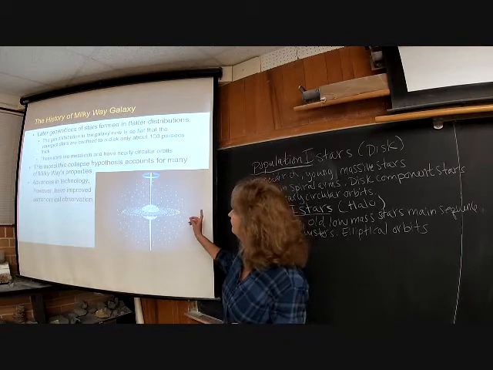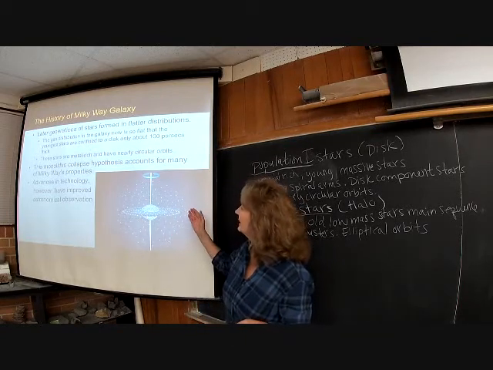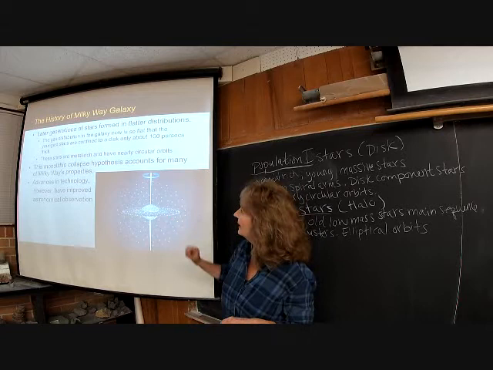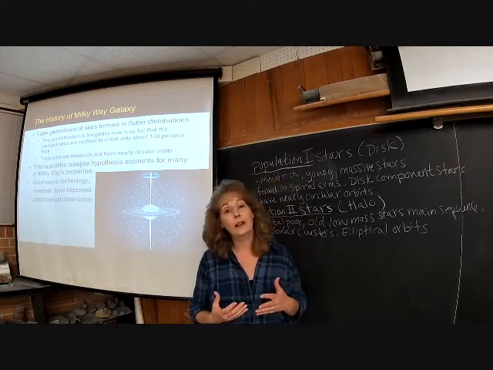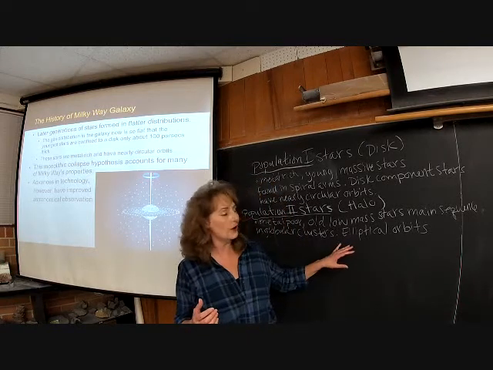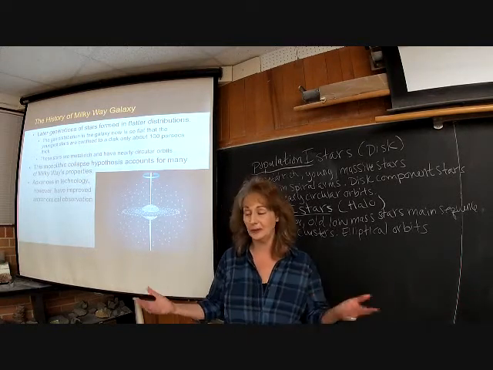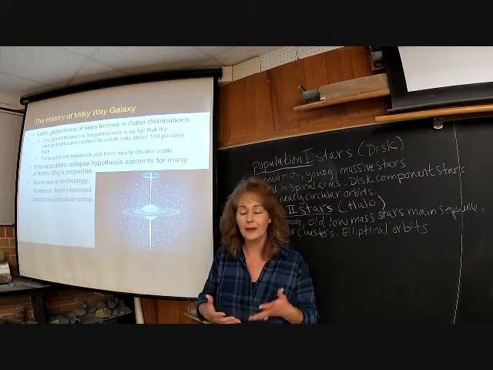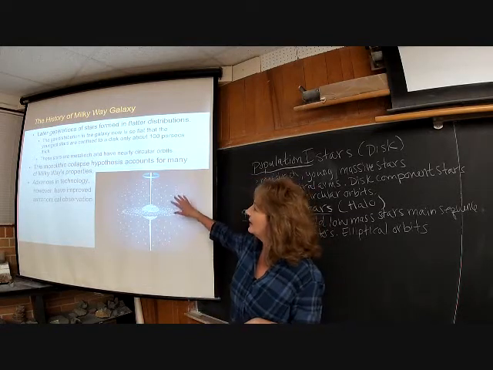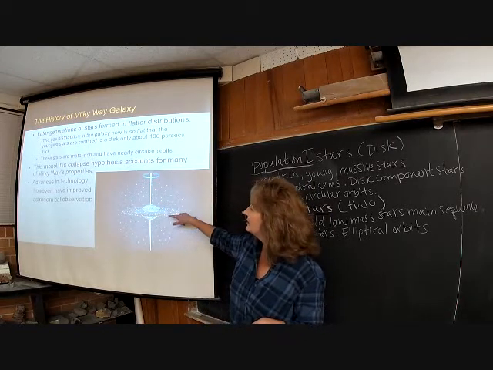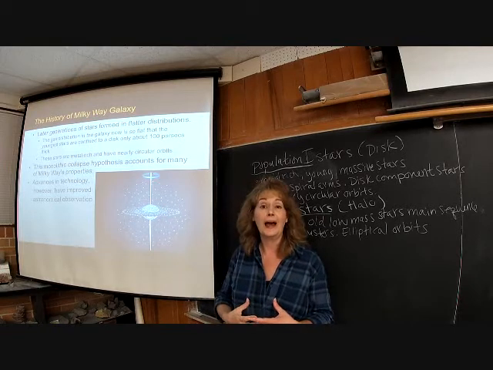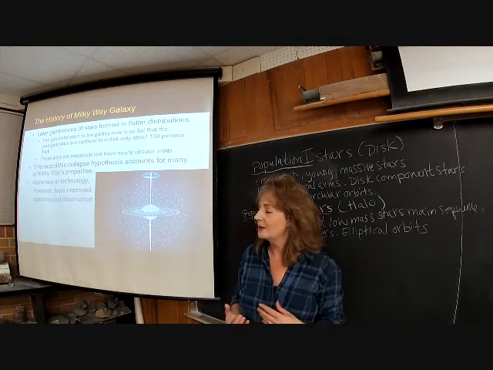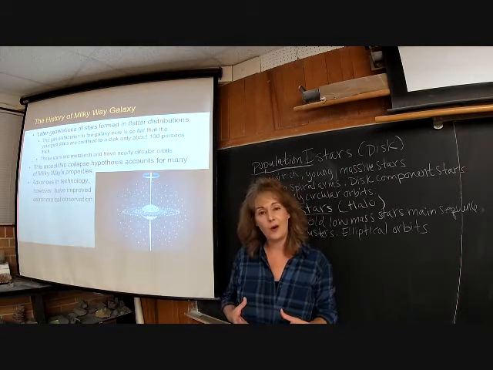And in that flatter region, later generations of stars are starting to form along the disk. These stars would have more metal abundance because those earlier generation stars had cooked up more metals and spewed them out. So the gas and dust in the disk region, where these newer stars were forming, had more metal abundance. So we've got those stars in the disk that are metal rich, and they're following that nearly circular pattern in the disk region. So that monolithic collapse theory is one way that they describe how the